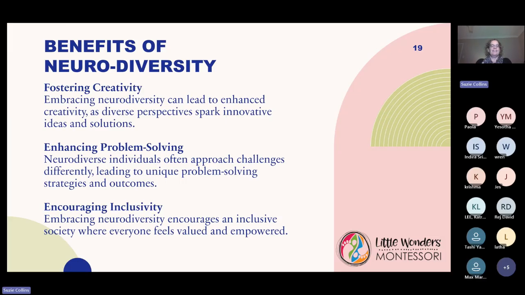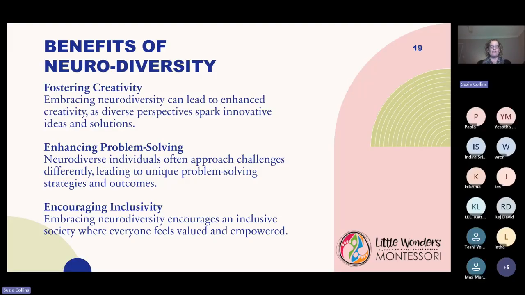It fosters creativity, so we should embrace neurodiversity. It can lead to enhanced creativity as diverse perspectives spark innovative ideas and solutions. We need creativity, so let's harness that.